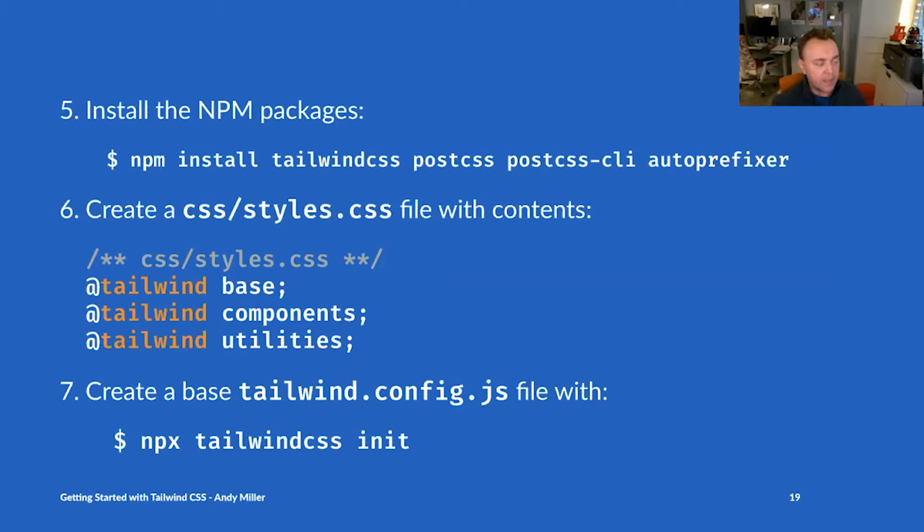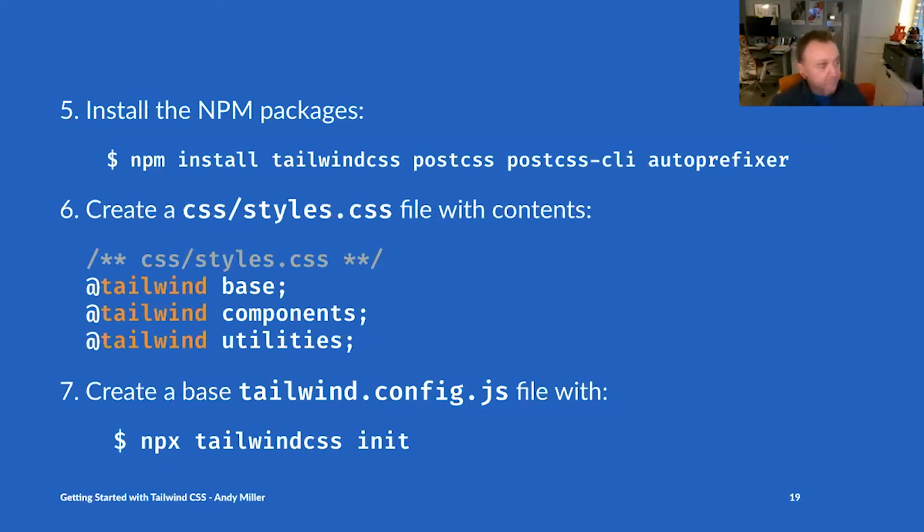So npm install tailwindcss, postcss-cli, and autoprefixer. Autoprefixer is important because it's used by Tailwind, and under the covers it's making all of those browser-specific prefix versions of the CSS,